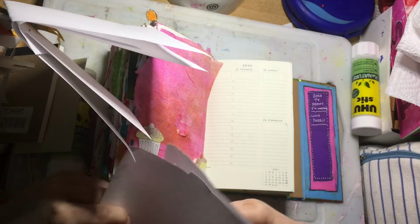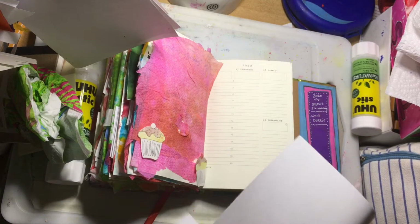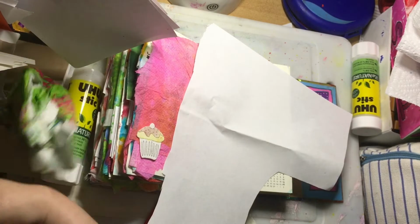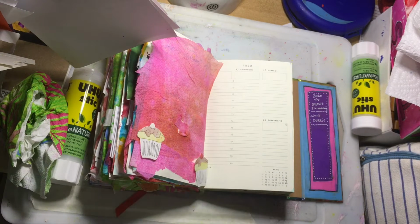So we'll pull some paper out. I do tend to have a mess everywhere when I'm journaling, so sorry about that, guys. I'll find the scissors, just doing a kind of fold, a mini flippy up cardy thing,